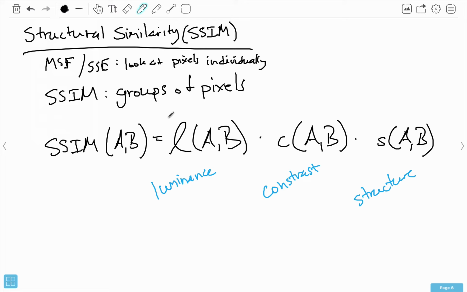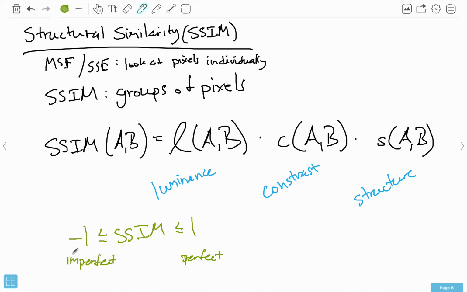And the good thing about structural similarity, and that's much different than MSE, mean squared error, or sum squared error, is that it actually has a lower and upper bound. So what I mean by that is that structural similarity is always between -1 and 1, where +1 is a perfect match, and -1 we're not going to talk too much about, but -1 means that it is imperfect,